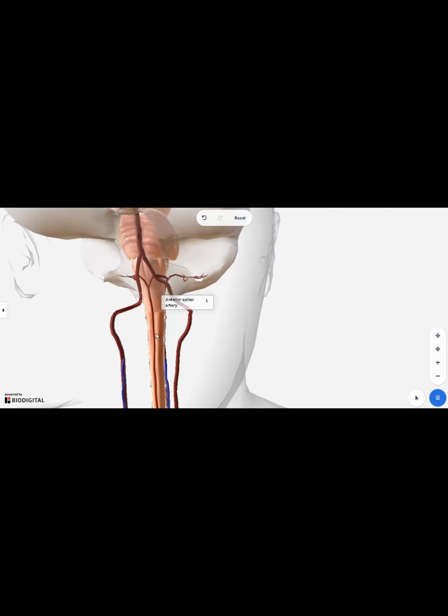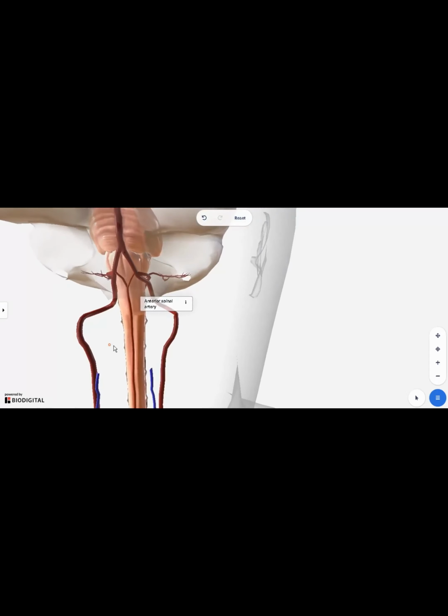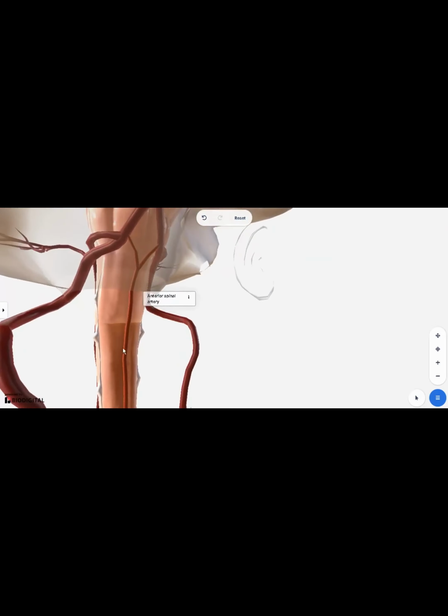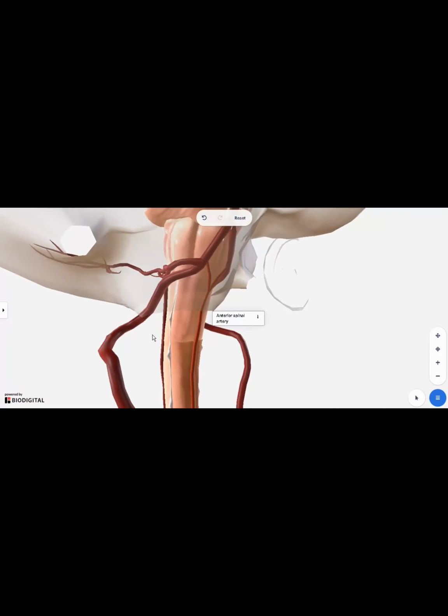Again, not visible here. So I'll show you them in the next 3D image that we have. On the back side, however, and I might as well show you another branch of, before going to the back side, let's look at the side way. The vertebral artery, before they form the basilar, they give off one small branch, the posterior